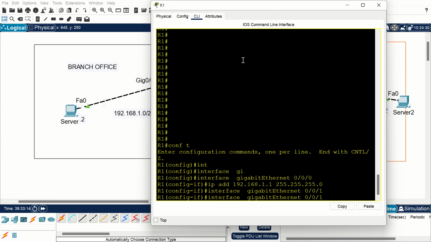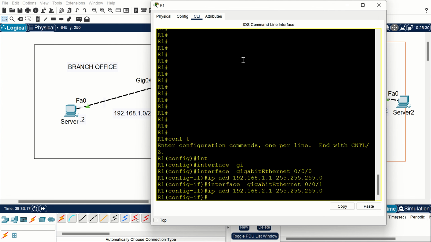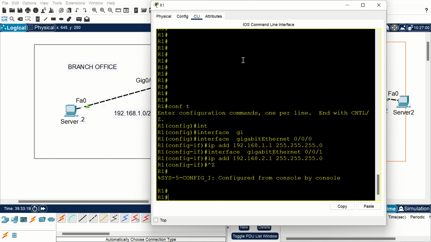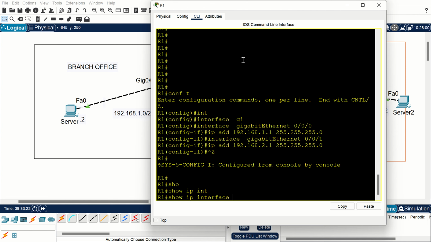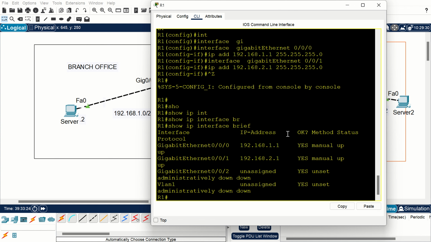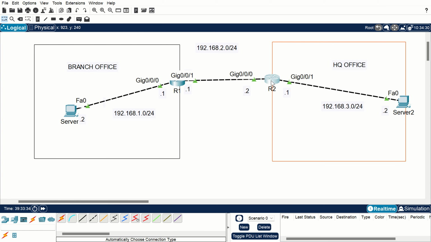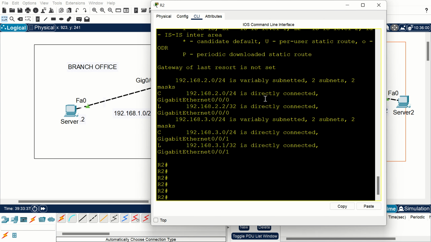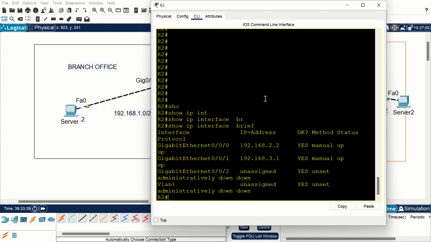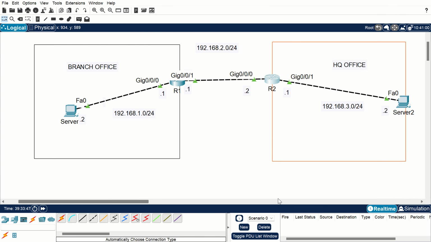Similarly, I will configure the other interface as well. You can verify this by issuing the command show ip interface brief. Here you can see I have the interface up, and the IP assigned. With this, let me also show you, I have already assigned the IPs on R2, the interface facing R1 and the interface facing server 2. So now, with IP addresses configured,